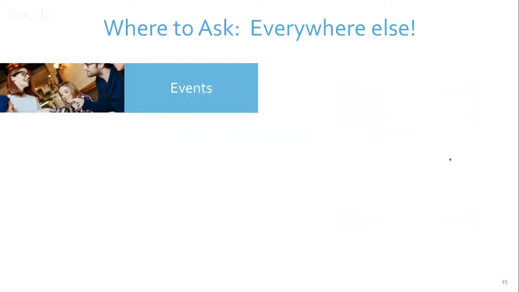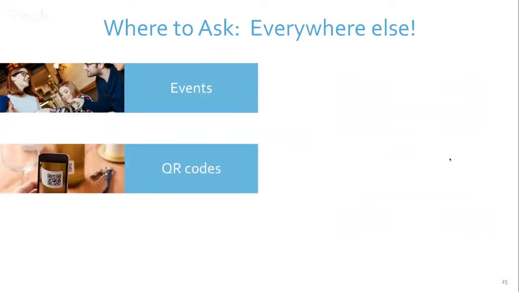And then everything else. There's tons of ideas on how to grow your email marketing list. You could check out events. You could use QR codes. QR codes are actually getting easier again. I was pretty bearish on QR codes for a long time, but Apple's iOS just announced that they're going to be completely embedding QR codes into the camera app. So all you need to do is hold up your camera at it. You don't have to launch anything special or separate anymore. Android already has a bunch of ways that you can do that, but everything's going to get more integrated.